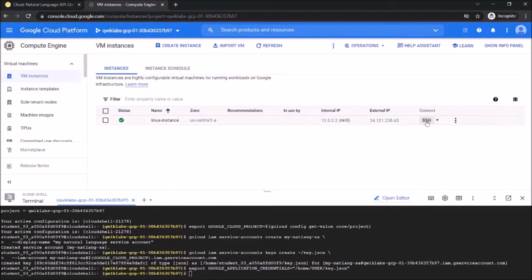Yeah, so let's start the SSH, which is secure shell, for this Linux instance.